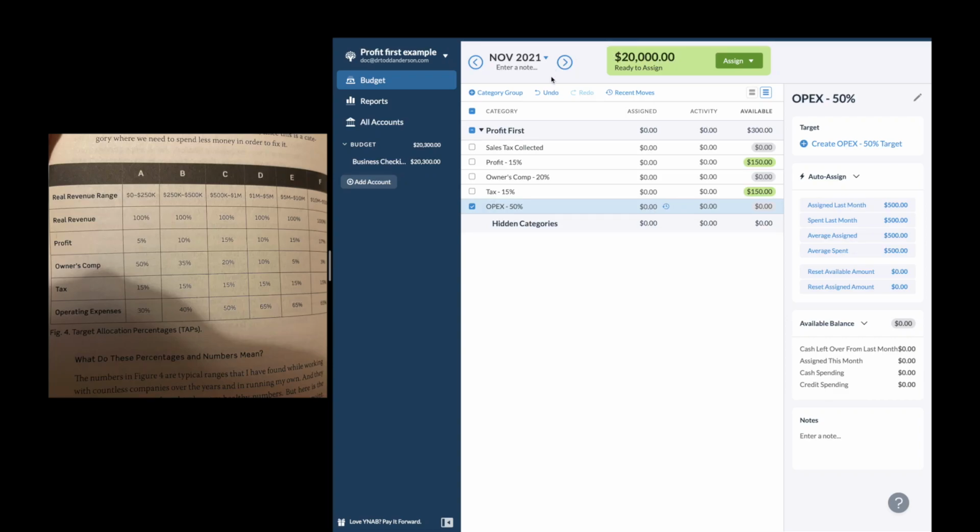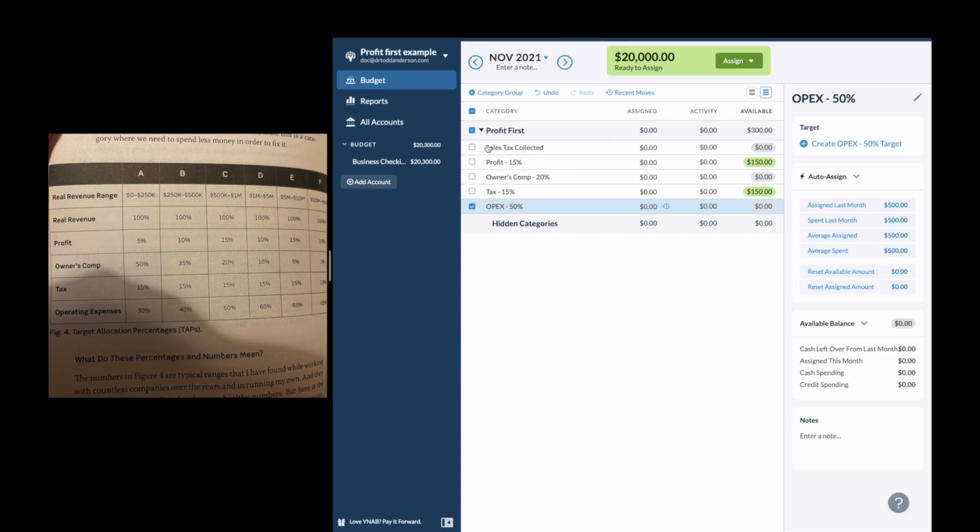This level 2 or intermediate edition is for those people that are comfortable with the level 1 or the beginner portion, where you're just having this one category group and these 4 accounts here. I've added a 5th one here, and then the 5th that is normal is the income account up here. So hopefully, if you're not familiar with all that, you watch the first video. We'll link it below. But this is for people that feel comfortable with this and are ready to expand and improve their Profit First YNAB